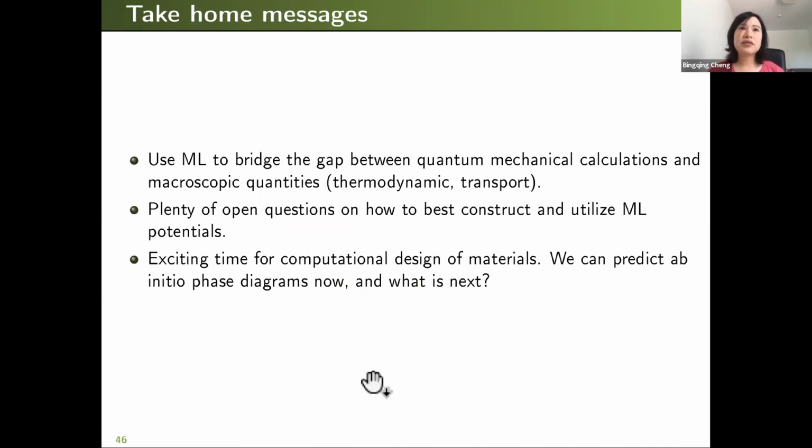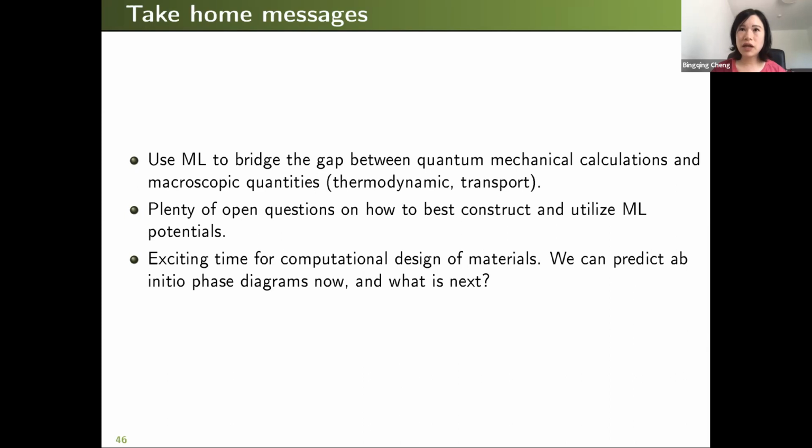I hope I have convinced you that machine learning potential is a useful tool to bridge the gap between first principle calculations and thermodynamic as well as transfer properties that are hard to compute. But of course, there are still plenty of open questions on how to best construct and utilize machine learning potentials, especially considering that in our systems, for the atomic interaction, we use the locality assumption, but in reality, there's also long-range interactions